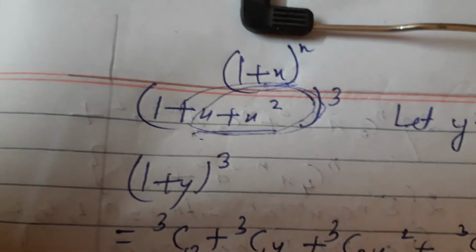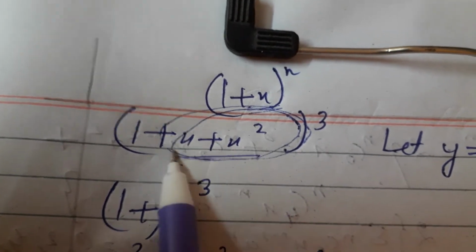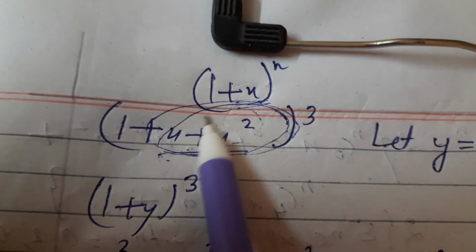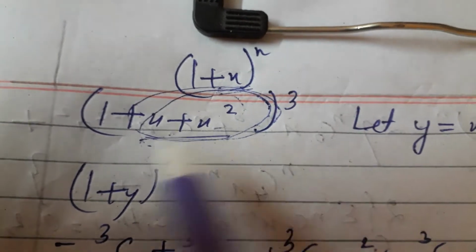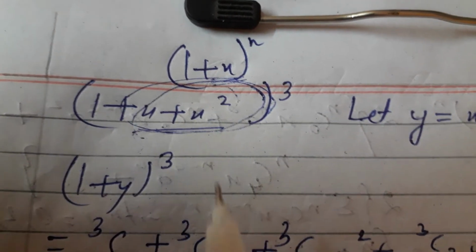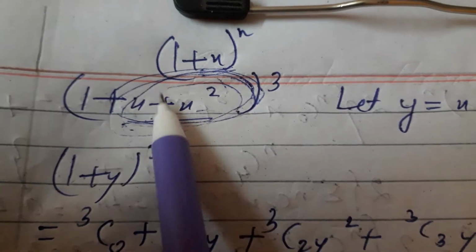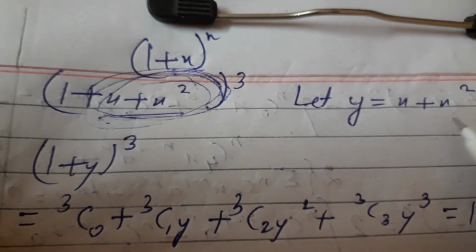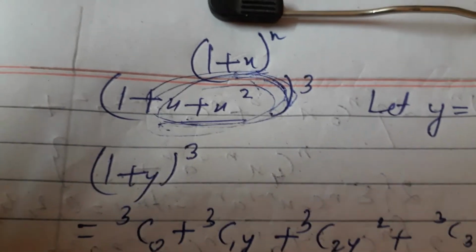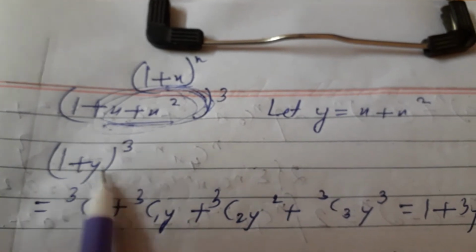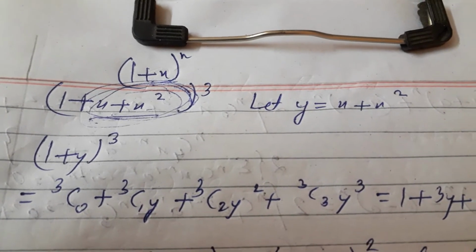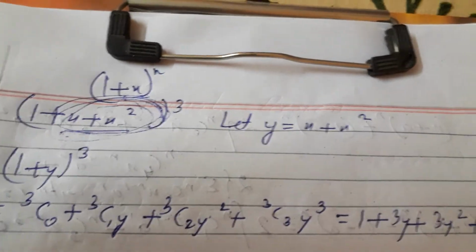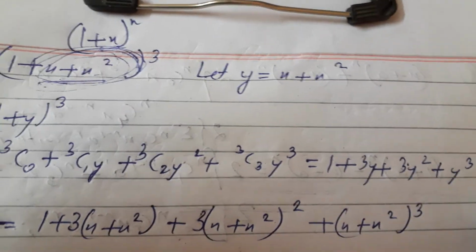See, we have to expand in this way. We have to take it, because in the formula list we have learned the format 1 plus x whole to the power n, but see here it is given 1 plus x plus x square, so we have to take this whole term, this whole x plus x square, as only one term. Okay, so let us take y equals to x plus x square. So in this way you have to expand this. See, 1 plus y whole cube. Okay, now see, 1 plus x whole to the power n means nCr x to the power r. So you have to follow that format and you have to add it up in this way.